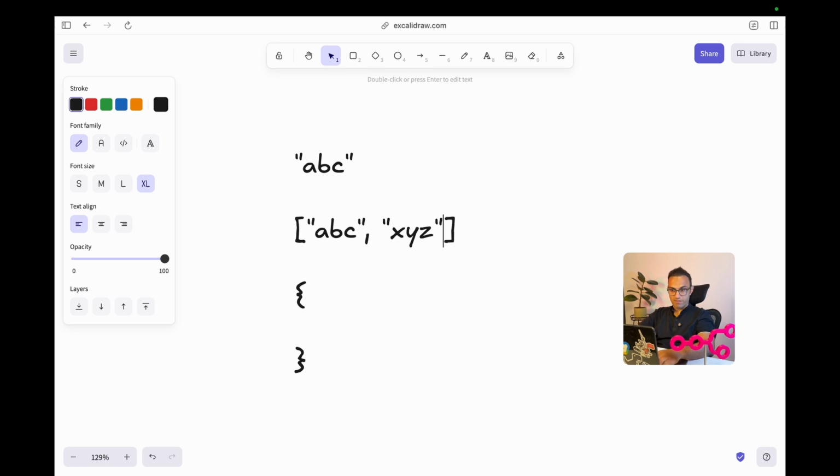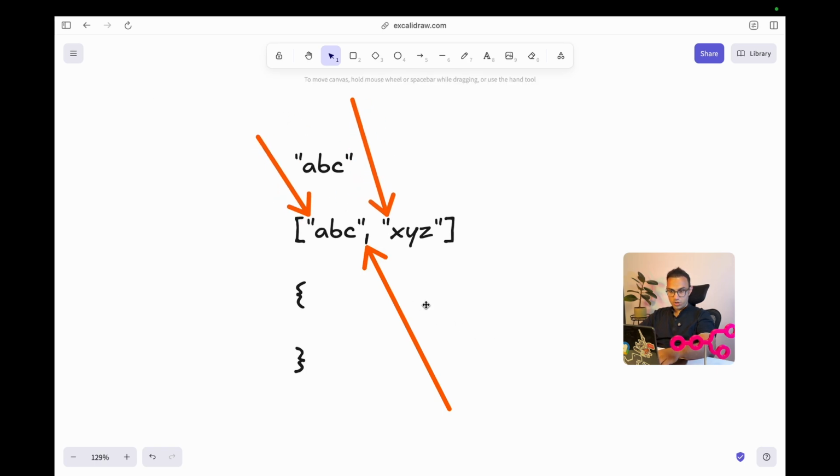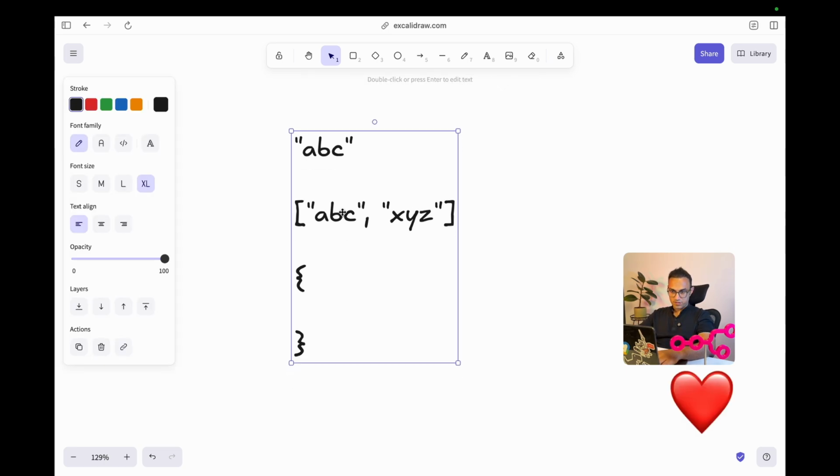The way you separate each item of the set is with a comma. Now I have a set of strings, that means I have an array of strings.